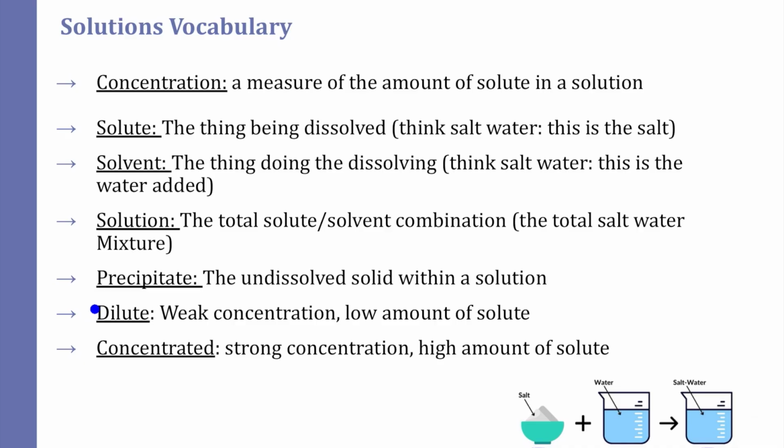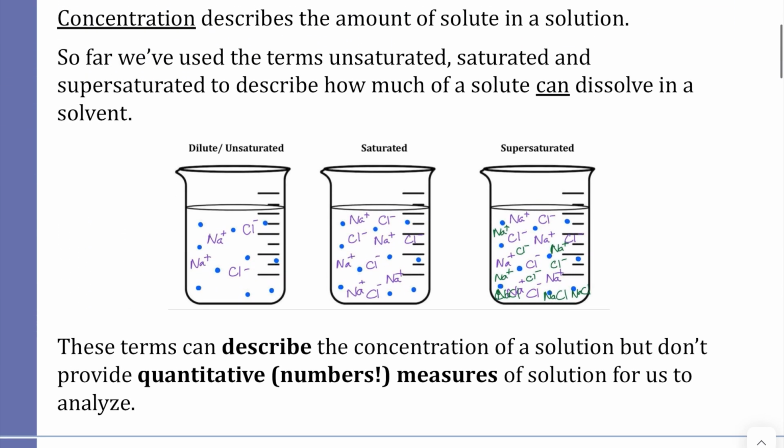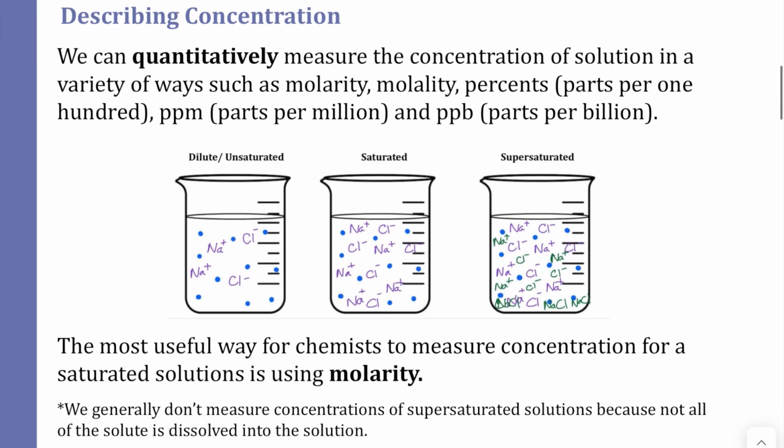Same thing if we say something is dilute or concentrated. Dilute means something has a weak concentration, but it doesn't actually tell us what low amount of solute is present. Same thing with concentrated. It might have a strong concentration, but we don't know how much actual solute is in there. And so instead of using those terms like dilute or saturated, we have ways that we can quantitatively measure